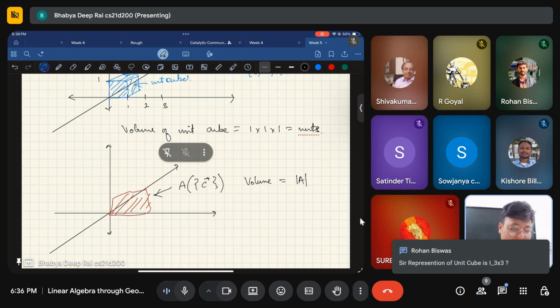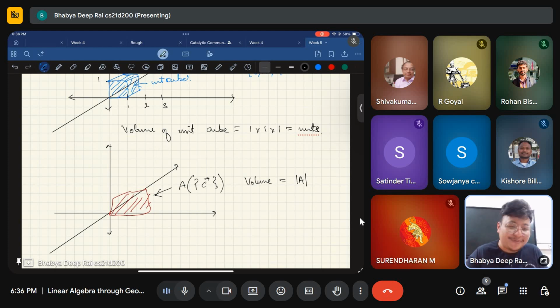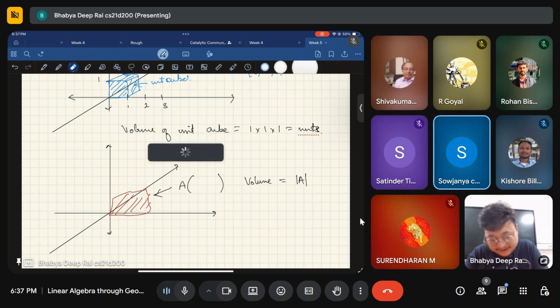I mean, it's okay. We can use that representation or not. It's up to our discretion. That's fine. But if you want this, it's fine. The transformation of